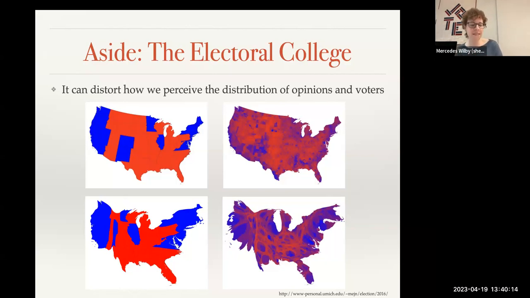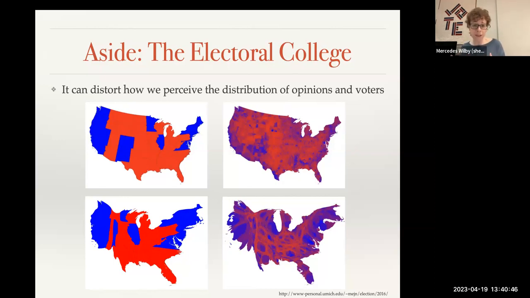But in that regular map, we can see that it makes it look like the US is pretty polarized, right? That there are big clumps of red and then these coastal areas of blue and a couple of smatterings of blue in the middle. It seems like we're pretty geographically polarized. That there are red states and there are blue states. If you live in New York, you're probably a Democrat. If you live in Texas, you're probably Republican. But that's not entirely an accurate view of things.